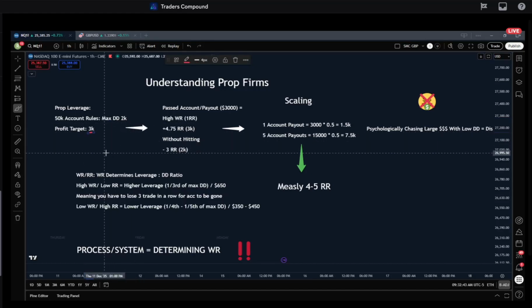So how do we actually manage positions based on your max drawdown? The whole key takeaway is max drawdown. That's how much you can lose. So don't leverage your account like it's a 50K account. It's not. It's technically a 2K account. That's how much room you have to work with. So what does that look like?